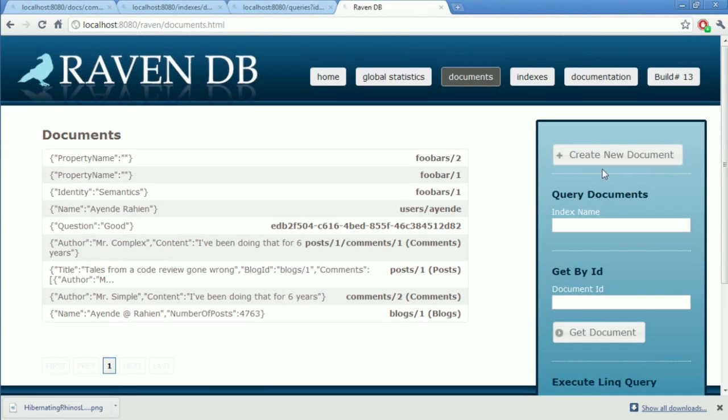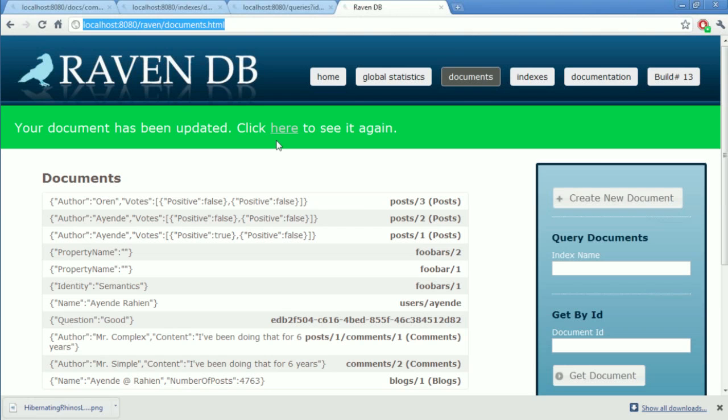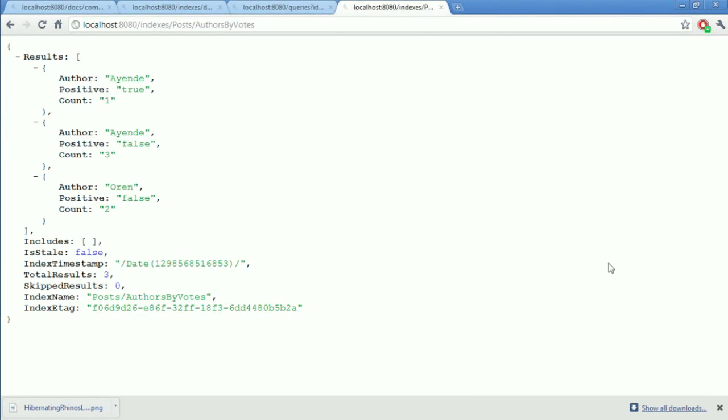So let's go to posts. And we're going to say that author is IND, votes positive, true. So this is one post. Let's create a second post. This time is also by IND, but now both of them are false. Here is post number 3. And now